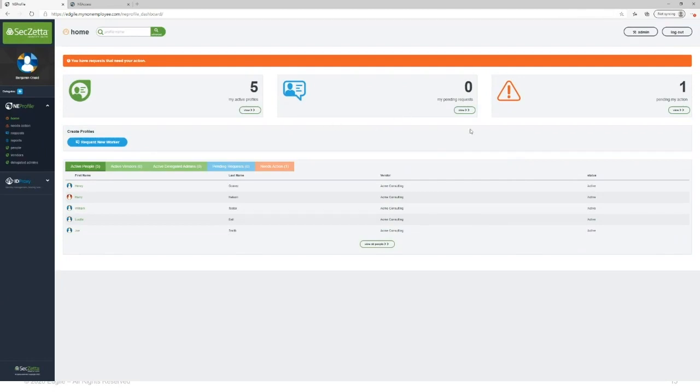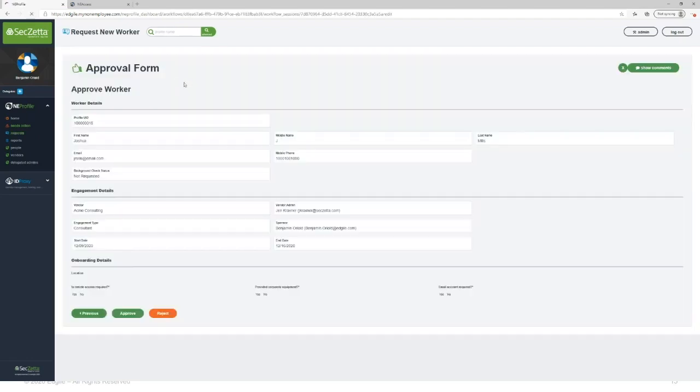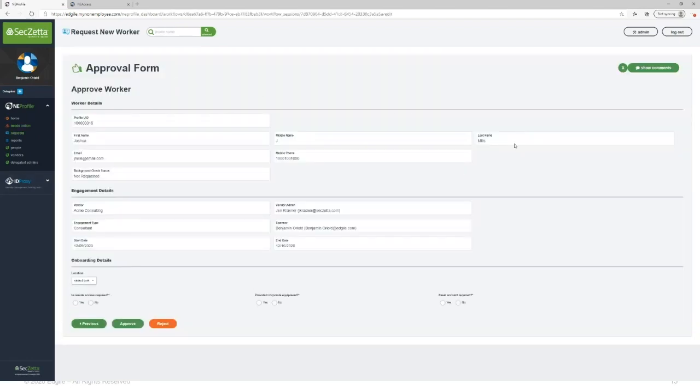Thank you, Zach. So now that I'm logged in here from Agile's perspective, we can see that I actually have a new request that needs my action here. So I'm going to go here and click this pending my action button. And it looks like that Jen requested a new worker from Acme Consulting. So I'm able to review all of the information that was laid out on the form and either accept or